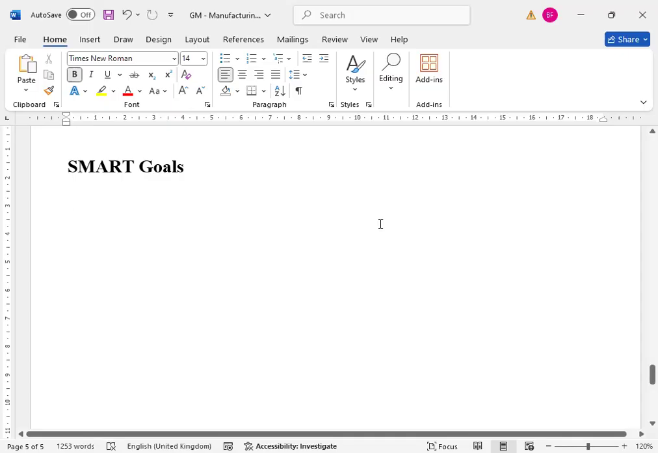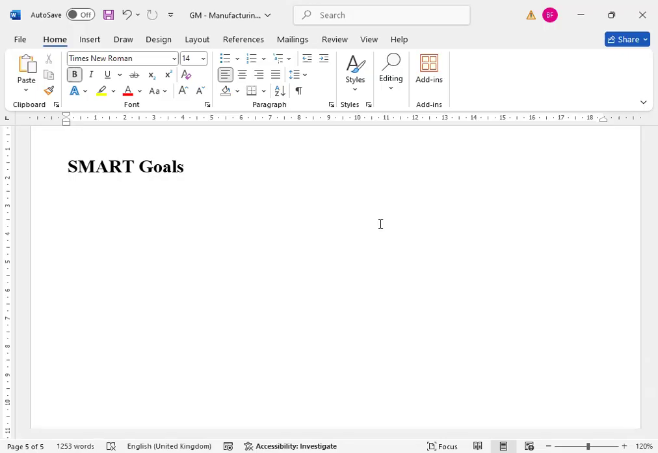Hey everyone, today I would like to show you how to create SMART goals or SMART objectives. SMART goals serve as a structured framework to enhance efficiency, productivity, and quality in processes. SMART stands for specific, measurable, achievable, relevant, and time-bound, ensuring that manufacturing objectives align with corporate goals and drive continuous